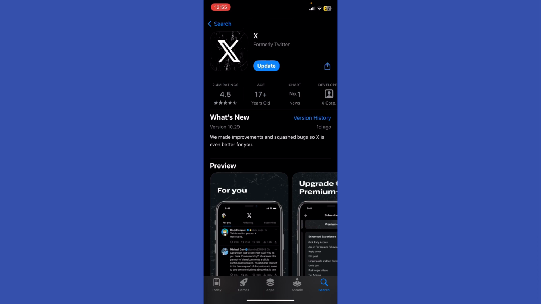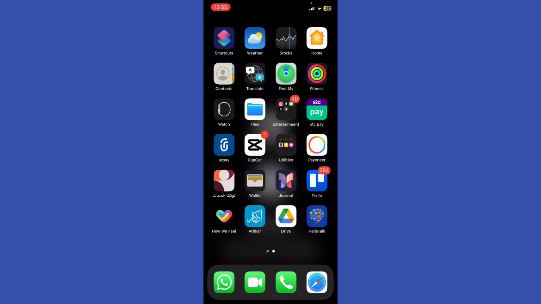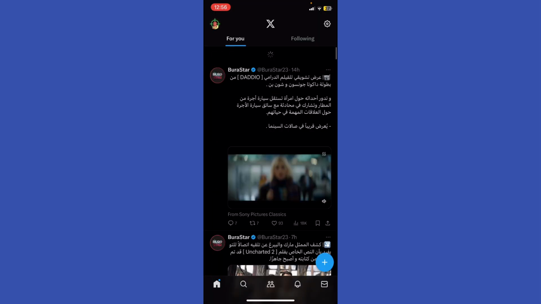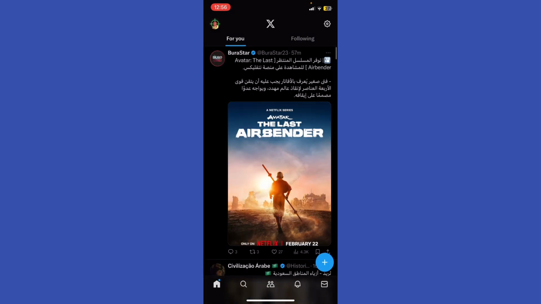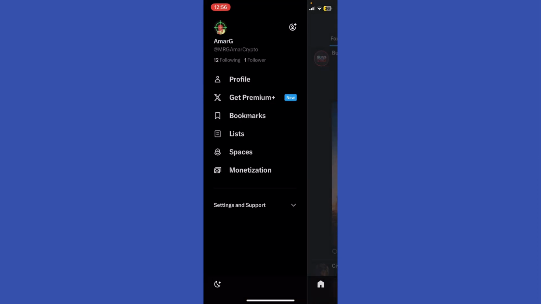Now, after I update the app and everything, go back to your screen and go ahead to your X app or Twitter app. And as you can see right here, you will see the interface of the app. In order to log out of X account, I'm gonna click on my profile icon at the top left. And I'm gonna just go ahead to settings and support, go ahead